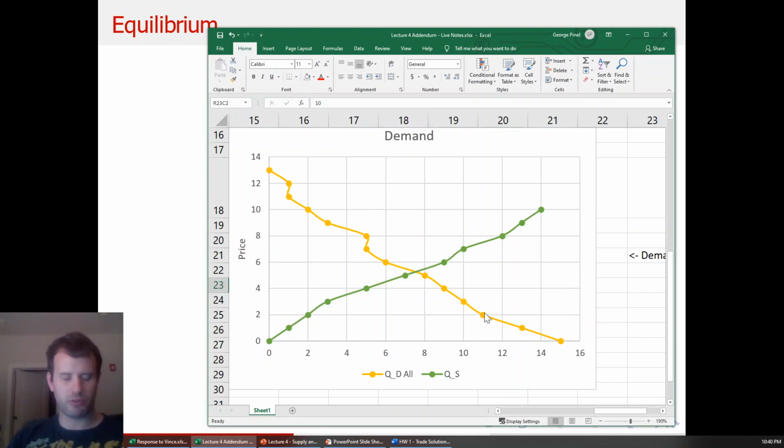So it's a match between the highest willingness to pay consumers and the lowest cost producers. Okay, that is your equilibrium, and it's always going to settle at one quantity, where quantity supplied is equal to quantity demanded,